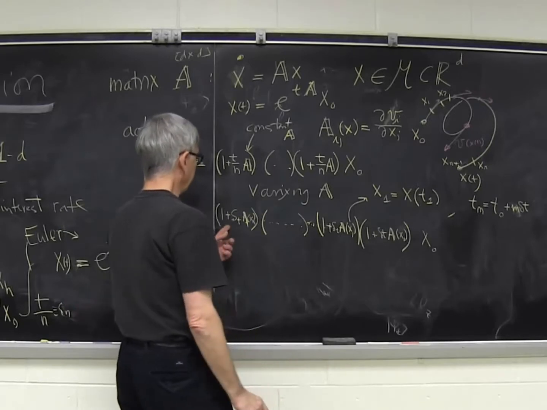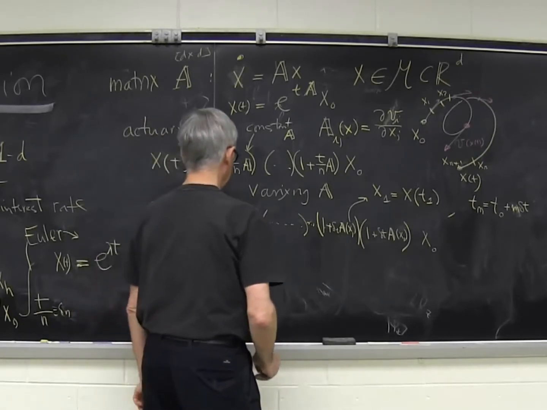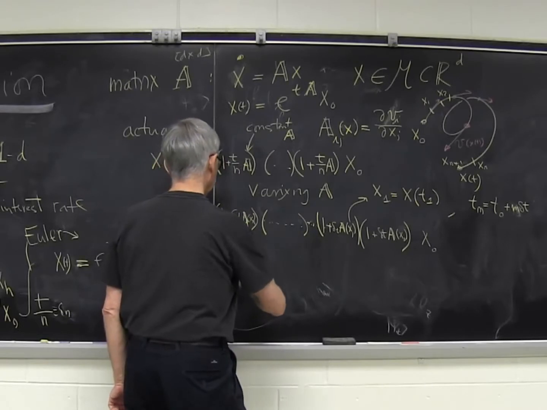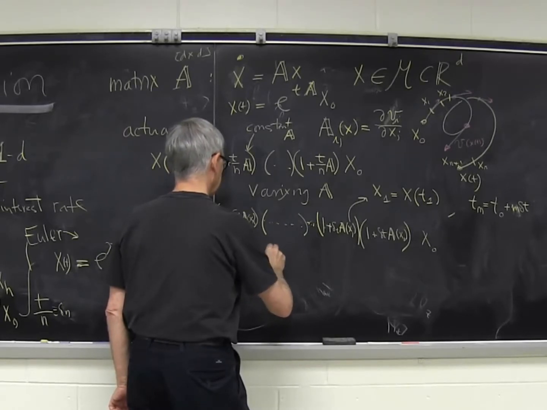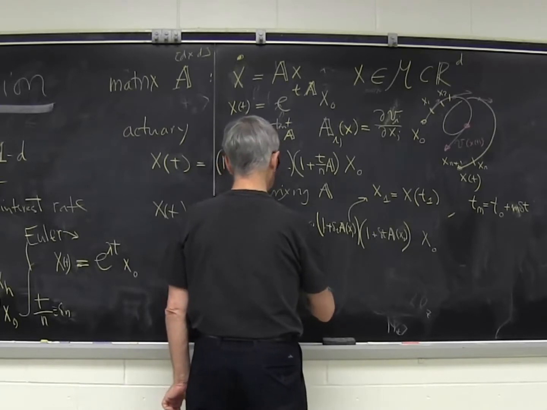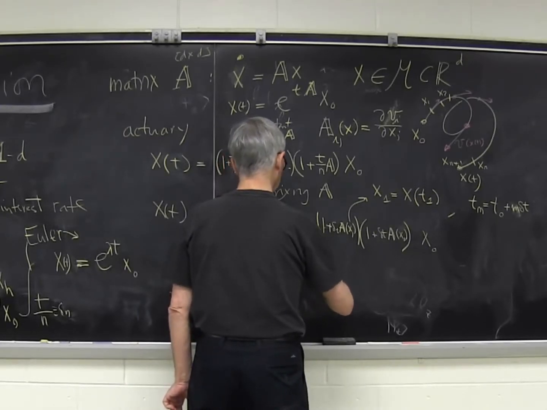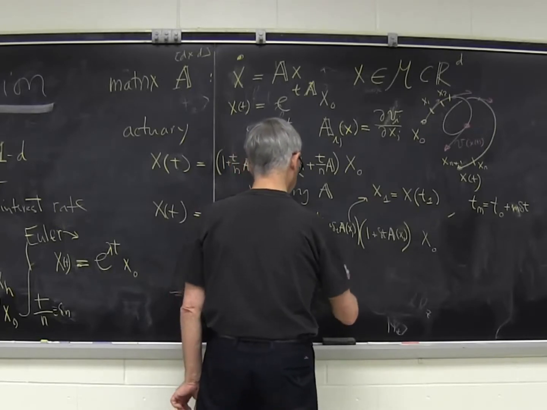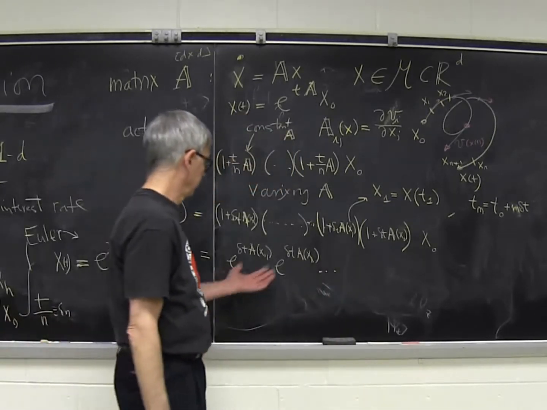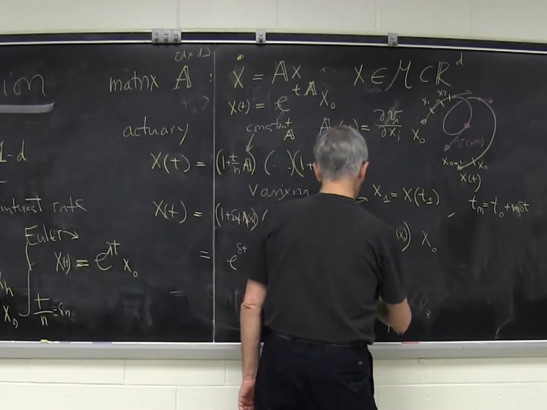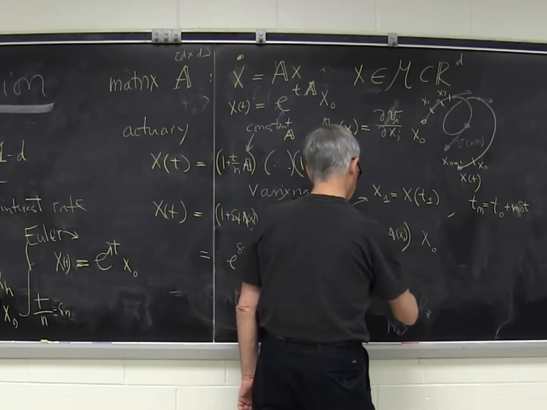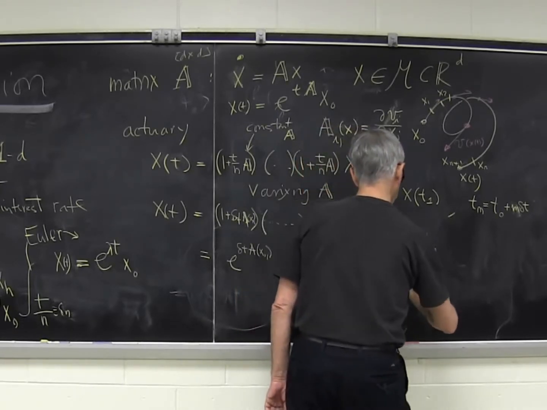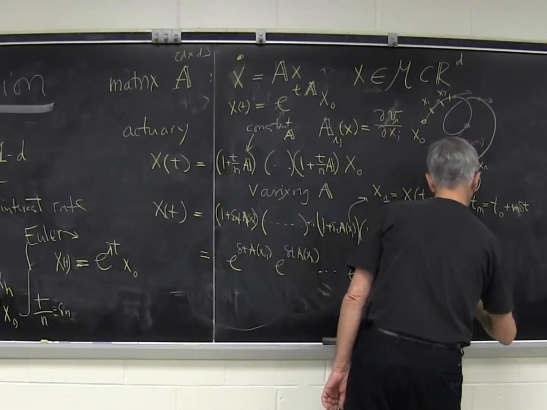So we can also write this to the linear order in the time. We can write each one of these terms as e to the delta t A of x, and e to the delta t A. So to linear order these things agree, and if you want to, I can give you exercises to test such things, but any theoretical physicist or engineer or mathematician knows this. Plus order of delta t squared.